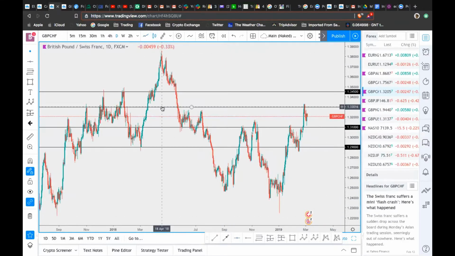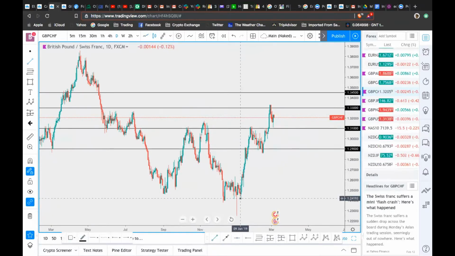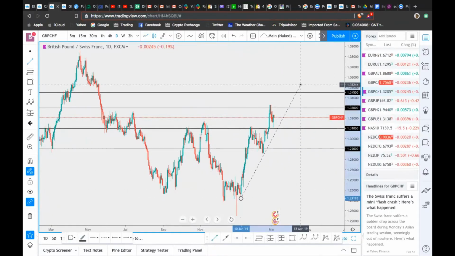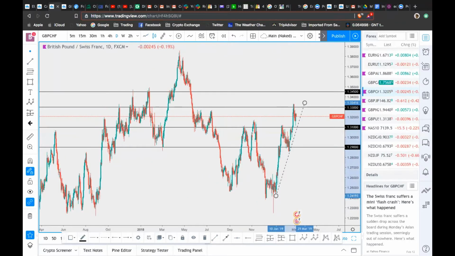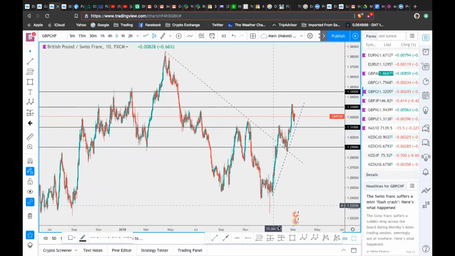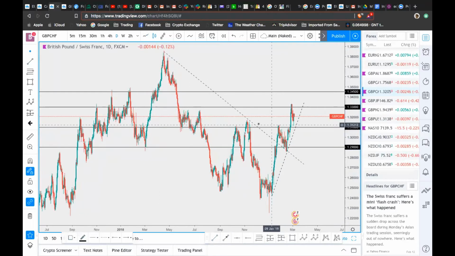All right, let's go back. We see this. We got a trend line right here. Let's mark that off. We see we got a trend line right here that was broken. Let's mark that off. So now, once I have my support and resistance marked up, and I also like to find a couple of trend lines on a daily time frame, if they're there,